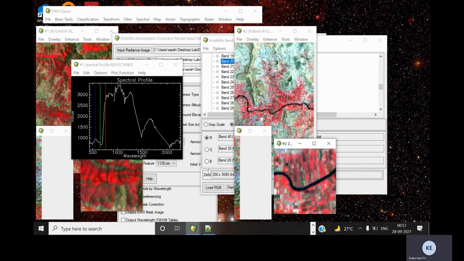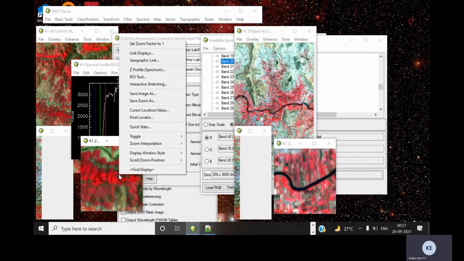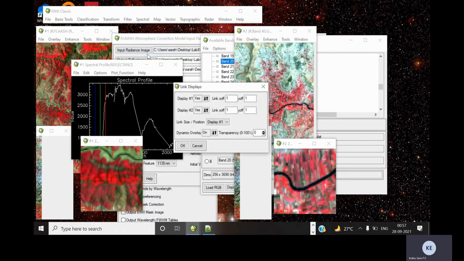Here also we can sync both of these views. For that, right click and then select link displays. So the particular pixel we have selected will be the same in both display 1 and 2.